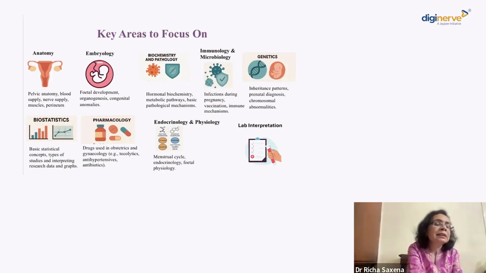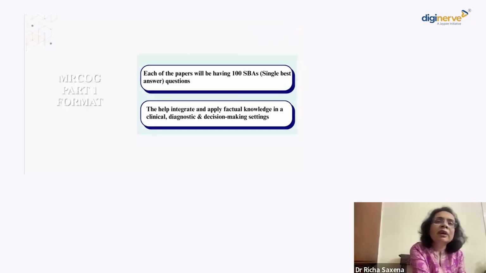Don't forget, because they may give you scenarios wherein they may give you acid base balance, they may give you electrolyte levels, and you have to manage the patient, or they may give you parameters like FSH level is so much, LH level is so much, and they may ask you estradiol level is so much, what is the diagnosis or how will you manage the patient. So you should have a slight idea about the normal ranges as well. So this is something very basic.